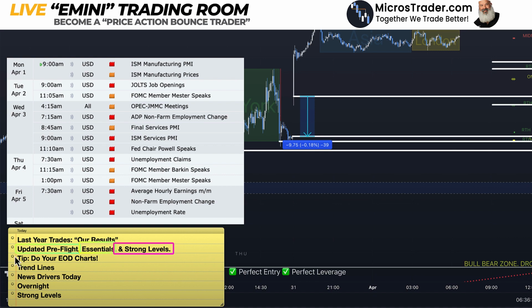And your tip today, because we did a 3-hour marathon session of marking those three core bounce levels on Friday. We did 3 hours of it, many days, like 2 months at one time. And it was very, very insightful.